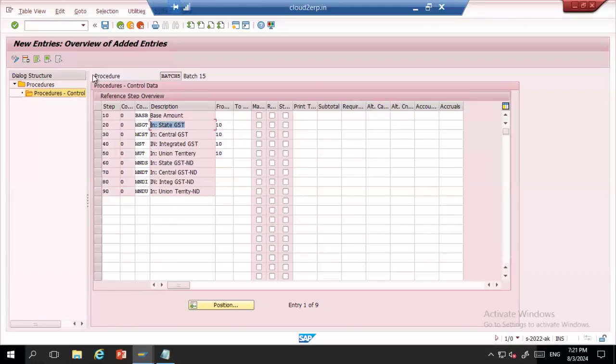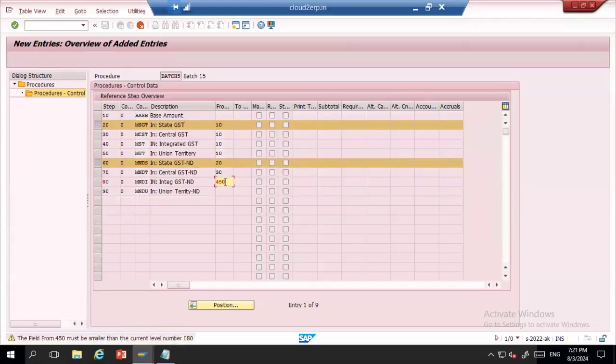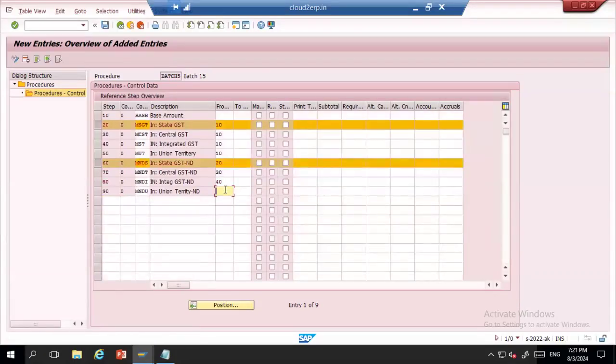So if this pricing procedure is coming into picture and you're paying the state GST using this condition type, you can get the refund against this condition type. So I'll keep 20 here, 30 here. For central, you need to maintain central. For integrated, maintain integrated. For union territory, maintain union territory. 40 and 50.